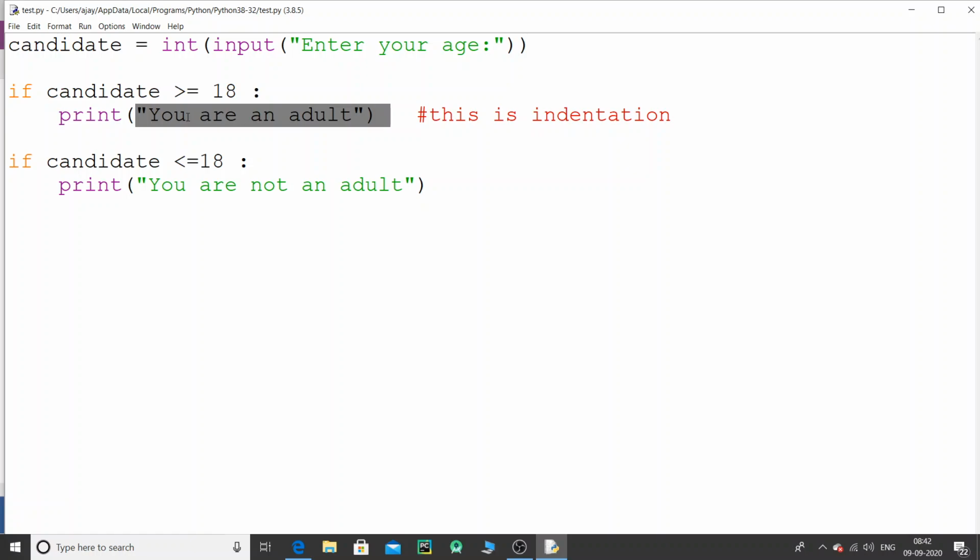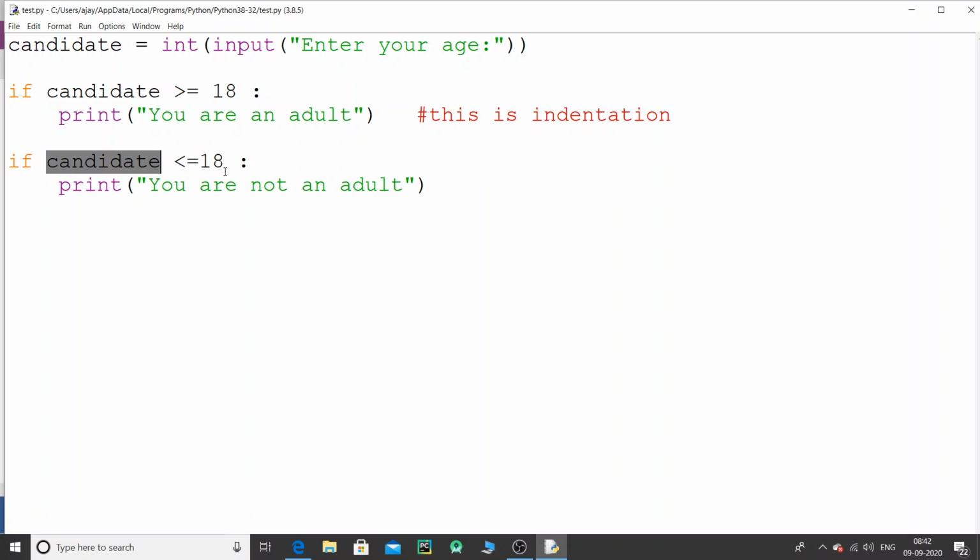Since the value is greater than 18, the value that got printed was you are an adult, and the purpose was solved, isn't it? But still, what is going to happen? The program is still going to check whether that candidate is less than or equal to 18,